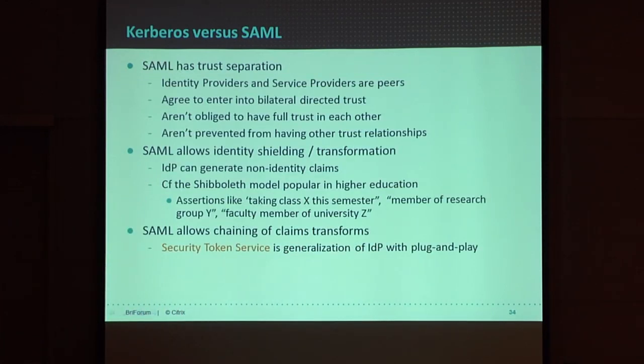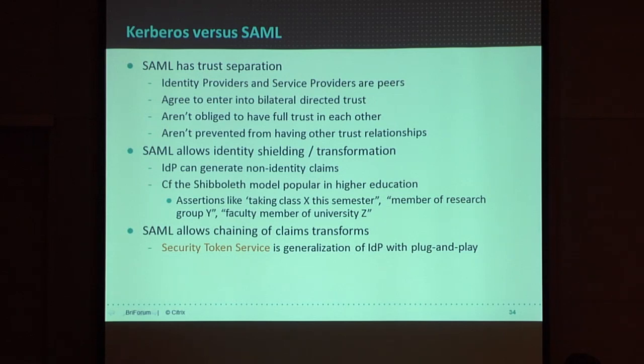But SAML, by contrast, and OAuth and these other models, they've allowed for trust separation. They've got the ability to have identity providers and service providers in different organizations, and they don't have to fully trust each other. You set up a specific sort of bilateral trust by mutual agreement. It's a bit like one-way trust between domains, but people are happier to do this across the internet, whereas with real AD domains, they don't like exposing even one-way trusts if they can help it. And you're not obliged to be like, if you're joining a domain, you can't be in another domain as well. You're stuck in one, whereas SAML and OAuth can be, anyway, multi-way.